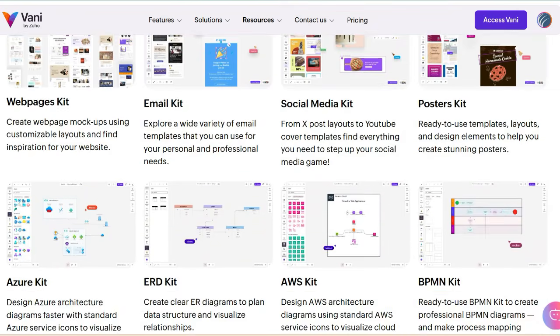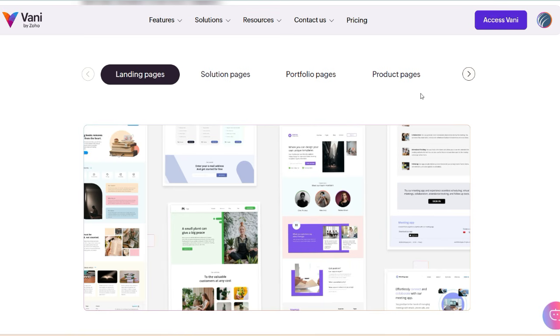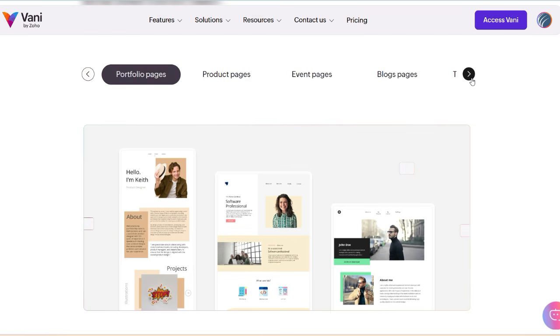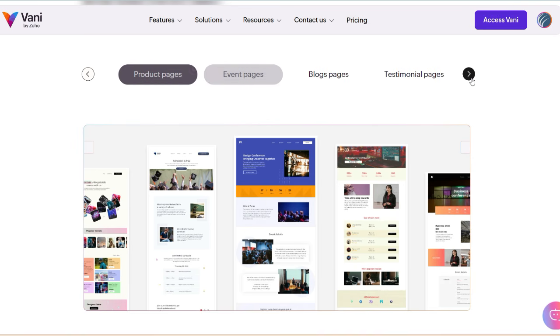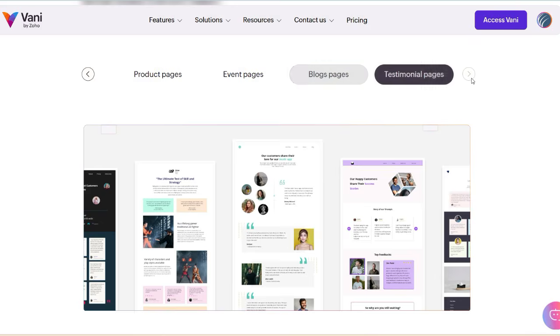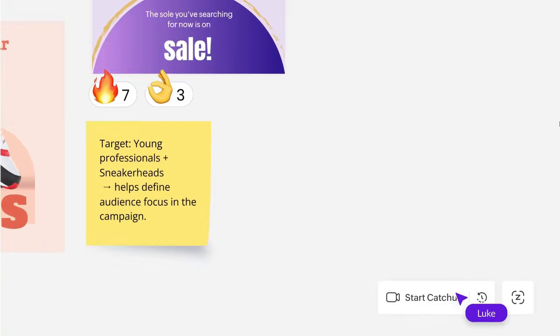For example, Vani has kits to help you plan out and visualize things like web pages, email funnels, social media posts, posters and flyers for your business, even programming workflows and more advanced visualizations like kits for Cisco, AWS, data flow diagrams, Azure architecture diagrams, and plenty of other cool kits. Again, kits are super visual and very easy to use, and this is another great way to collaborate in real